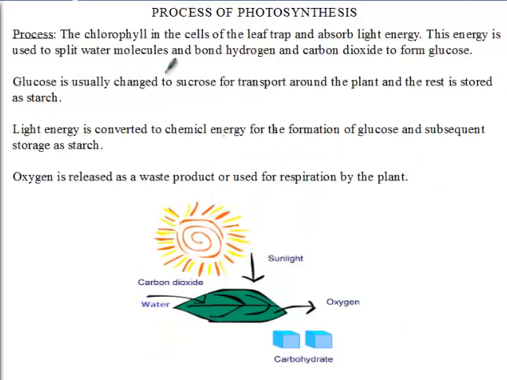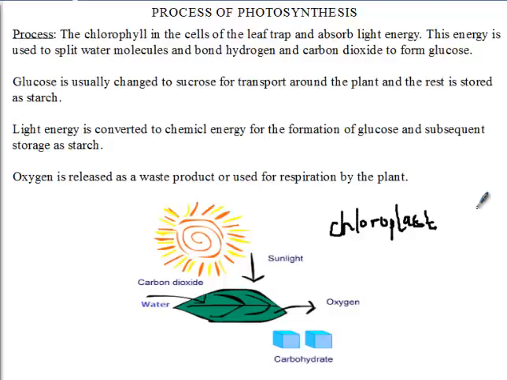Now the second part of photosynthesis, or the main process, is that inside the plant we have an organelle called the chloroplast. Now this chloroplast contains the chlorophyll. The chlorophyll is a green pigment inside the plant. Now the chlorophyll traps